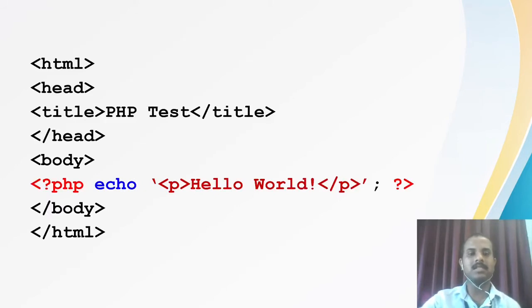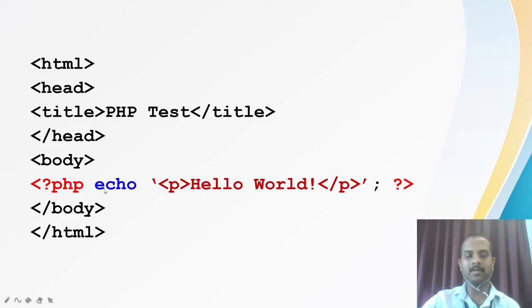So this is one simple example where I have placed PHP code inside the HTML document. This is my HTML document, and inside the body here I am placing the PHP code. This is the start of your PHP and this is the end of your PHP.